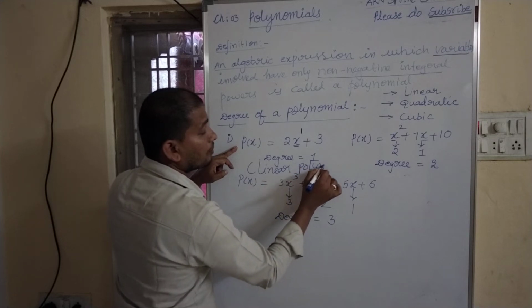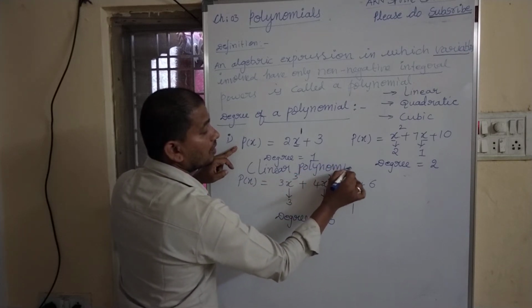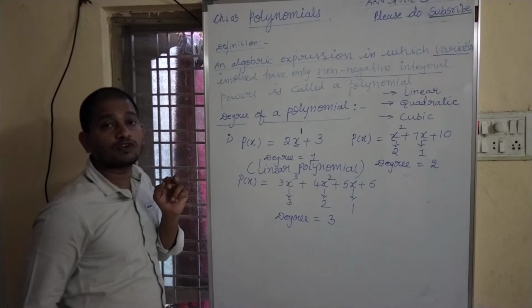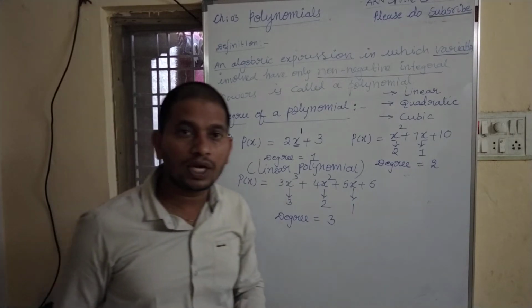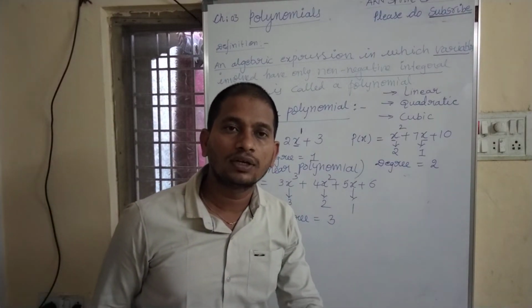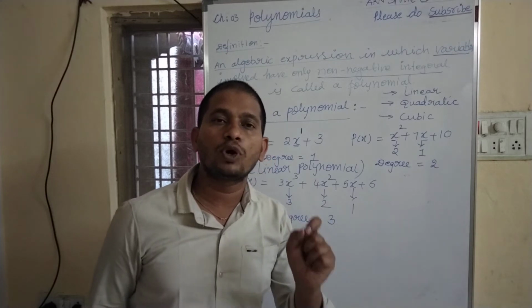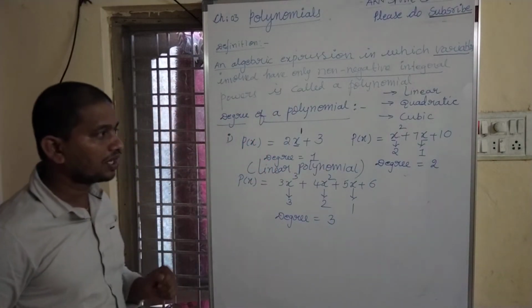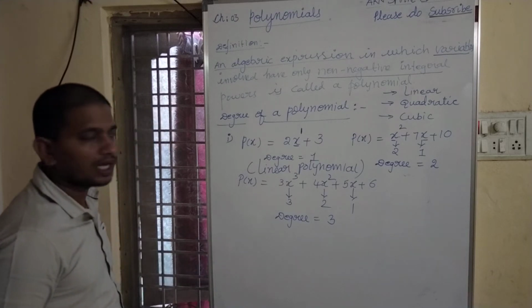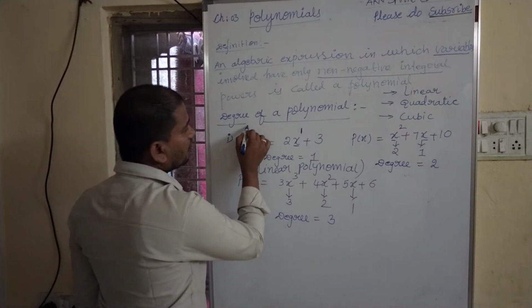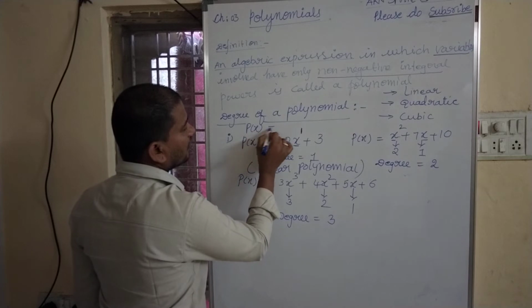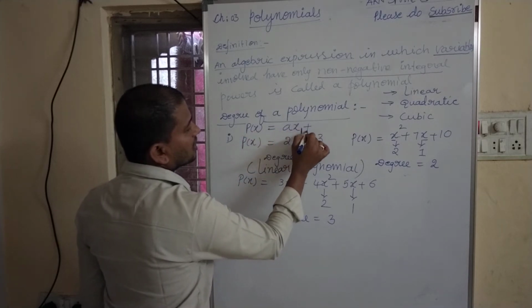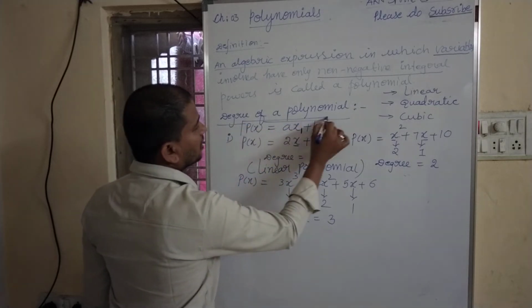What do you mean by linear polynomial? A polynomial whose degree is equal to 1 is called a linear polynomial. The general form of a linear polynomial is p of x equal to ax plus b. What is the general form of linear